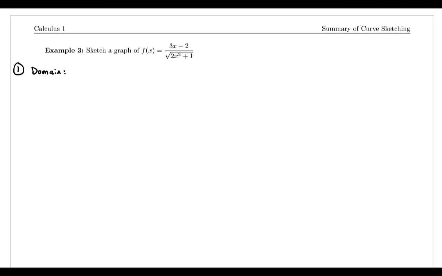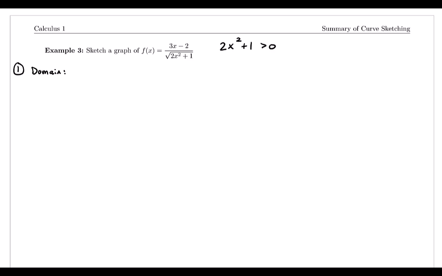This is a rational function. We also have a radical in the denominator. So I need to make sure that the radicand is greater than or equal to 0, except it cannot equal 0 since it's in the denominator. So I need to consider the values of x that will make 2x squared plus 1